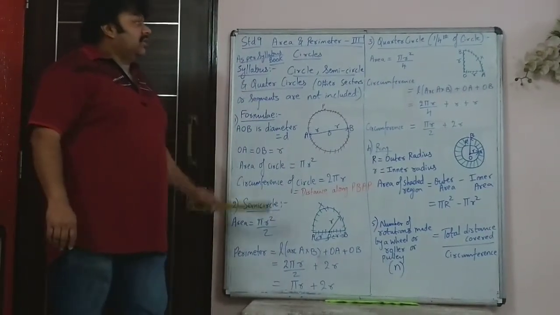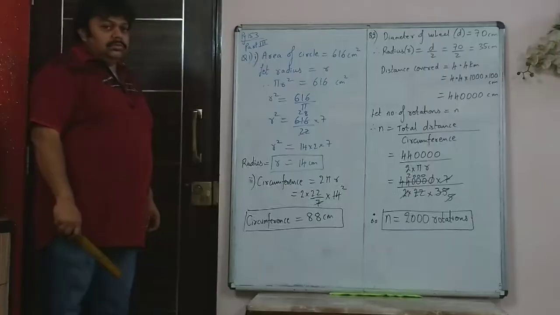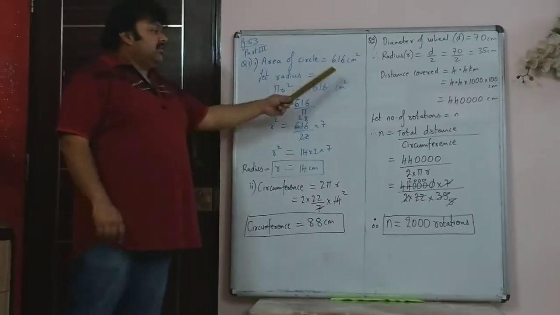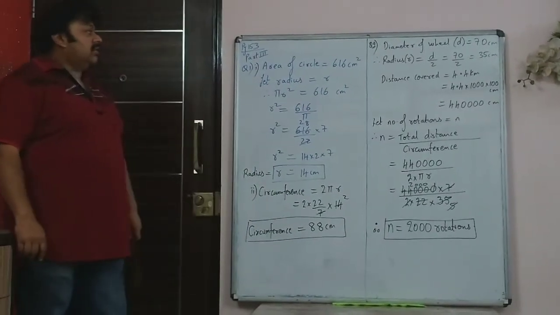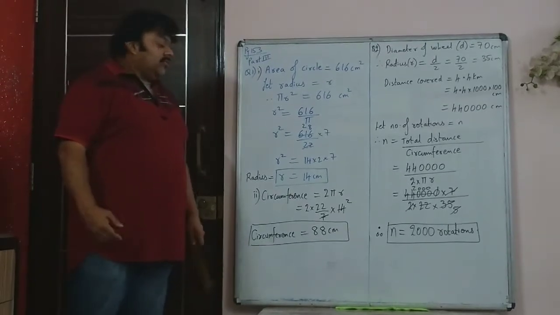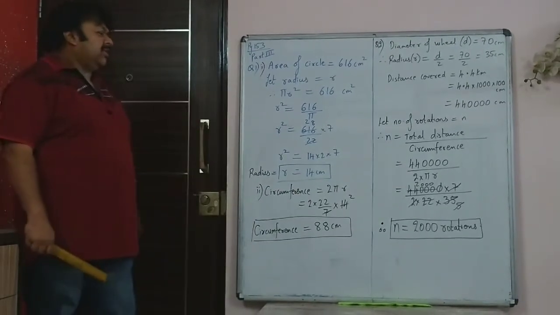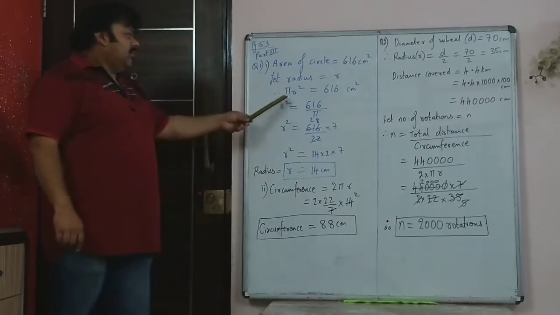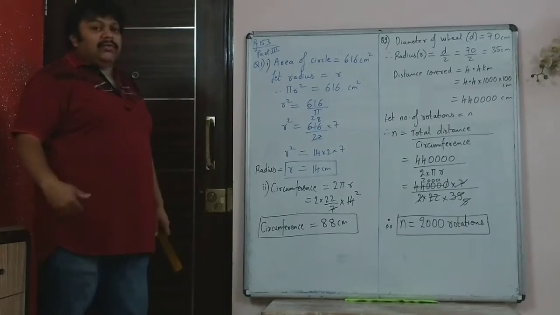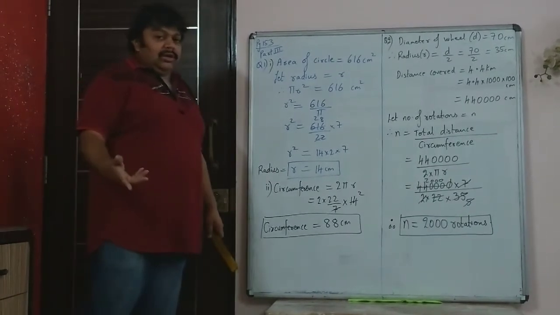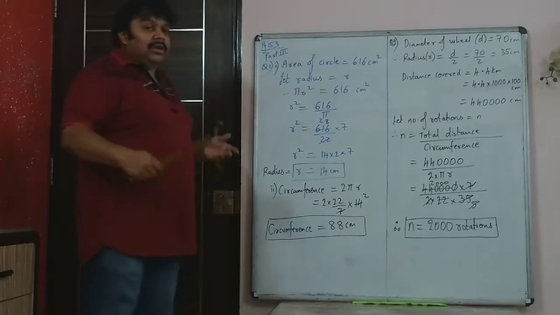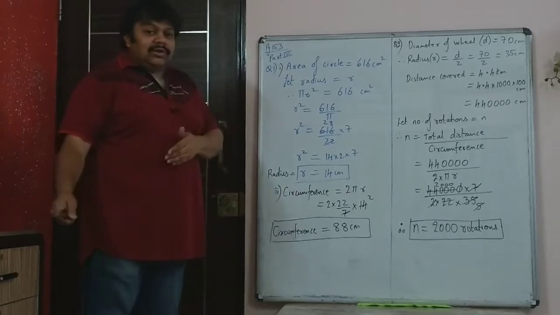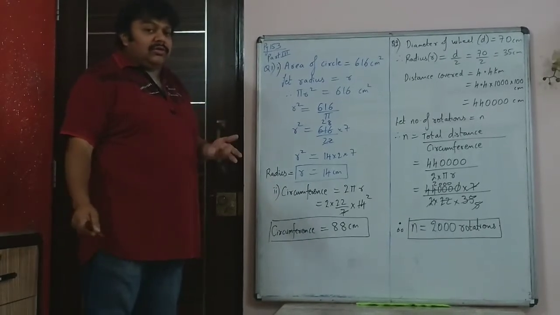So now we will start with the classwork sums of part 3. Now we go on to sum number 1, in which the area is given as 616 centimeter squared. We are asked to find the radius and the circumference. Very basic sum. So pi r squared is the area, that is 616. So pi, we take it as 22 by 7 if it is not given, or we can even take it as 3.14. If it is given in the sum, then take that value of pi, otherwise the choice is yours.